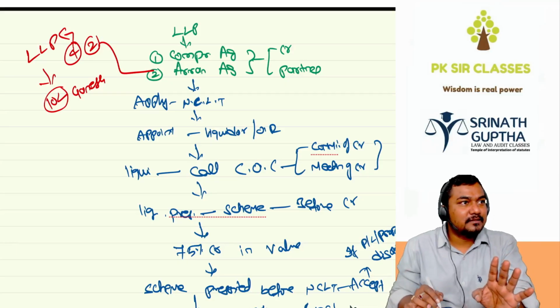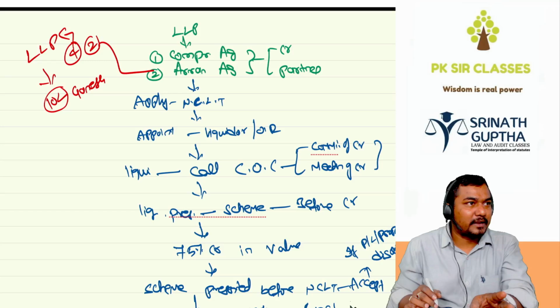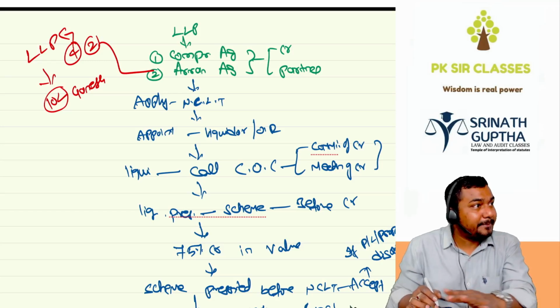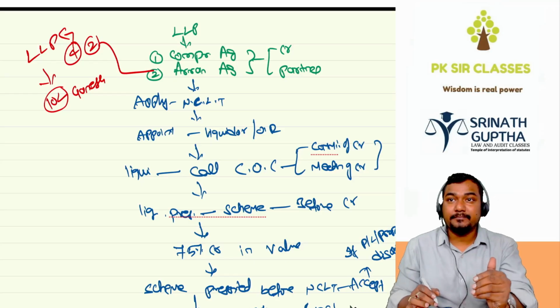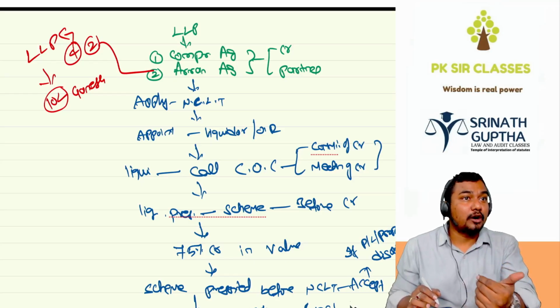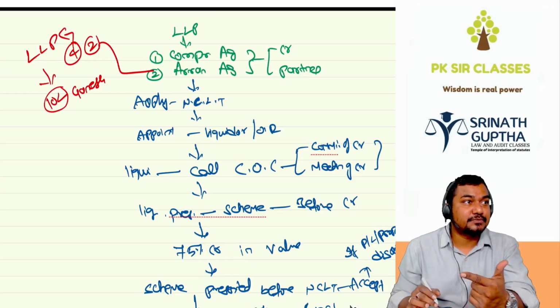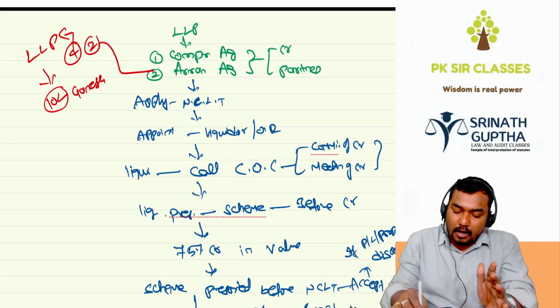Then Ganesh said, I'll compromise. So at least pay 4 lakhs. At least pay the 6 lakhs. You need to pay the remaining 4 lakhs. That is called a compromise. Creditors may compromise, partners may arrange. So we may enter into a compromise and arrangement agreement with the creditors or the partners.